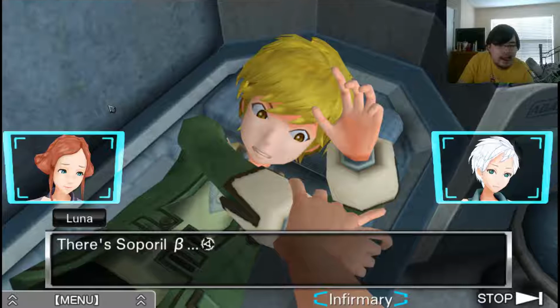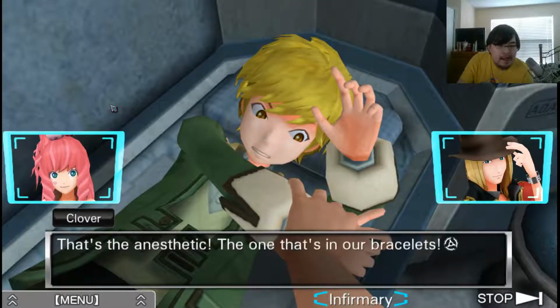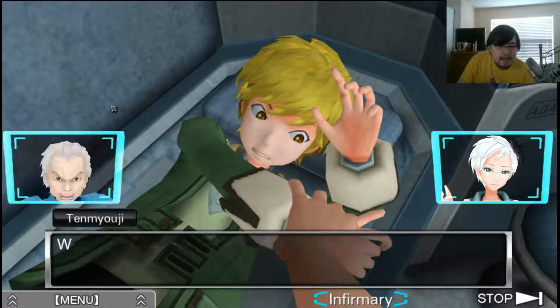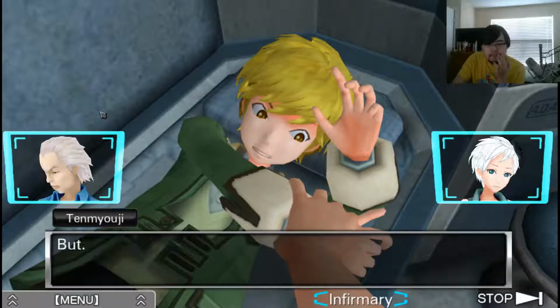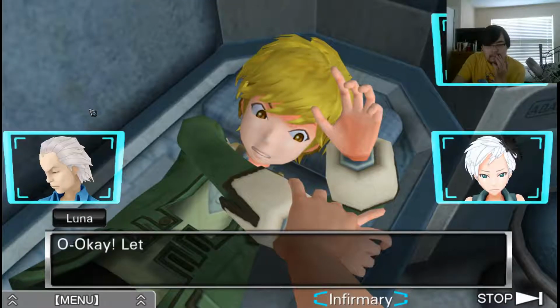There's Soperil Beta. That's the anesthetic. The one that's in our bracelets. Good. Perfect. Hit him with some of that. He'll be fine. It's just an anesthetic, Tenmyoji. It won't hurt him, I promise. But... Just hurry up and do it! Come on, Luna! Okay, let me just...